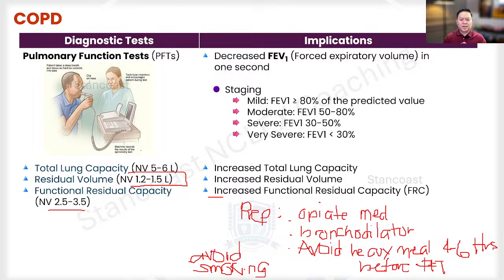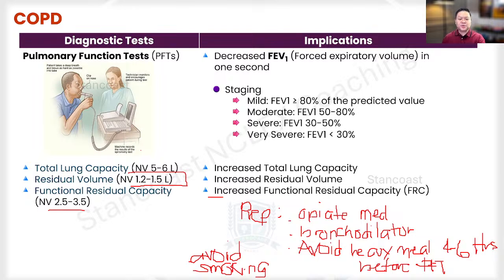And of course, they're going to wear gowns at the hospital. But let's say, for example, if this is going to be done in the outpatient clinic, then this is going to be one of those instructions. Now, after the testing, what you can teach the patient is to resume the diet that has been prescribed to them and to resume those medications that have been withheld. Maybe those are the bronchodilators that have been withheld before the testing, or those opiate medications that they've been using chronically for pain control. All right. So again, make sure that you educate your patients on the aftercare.